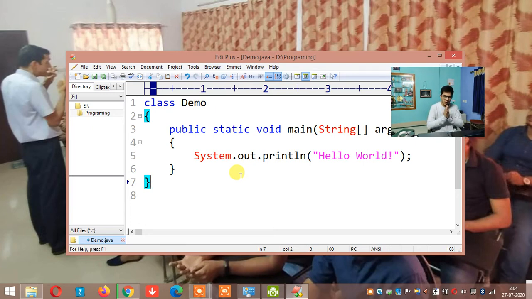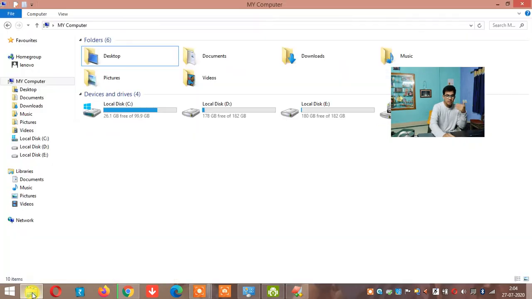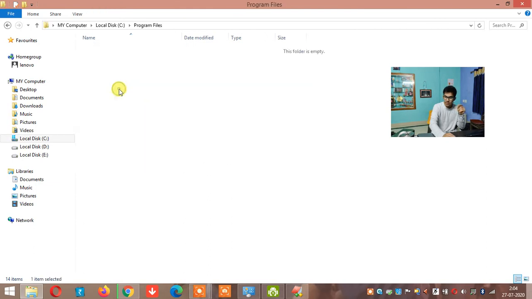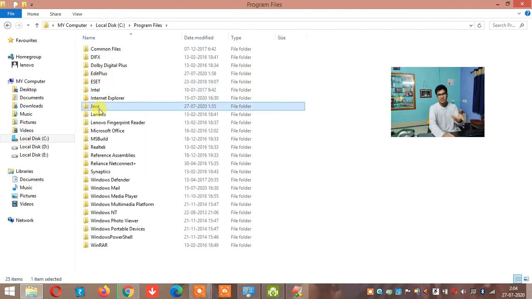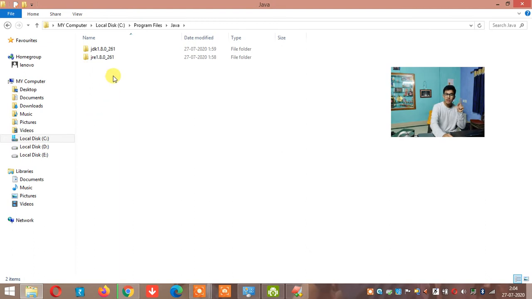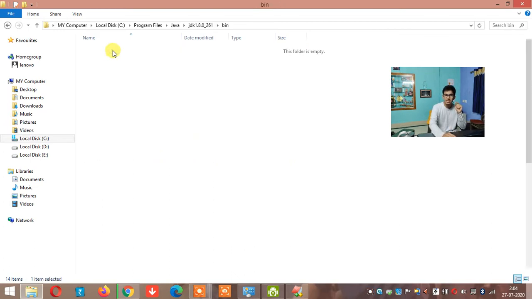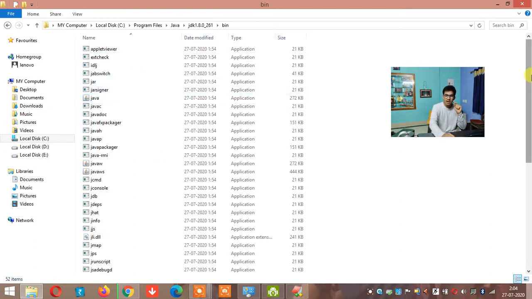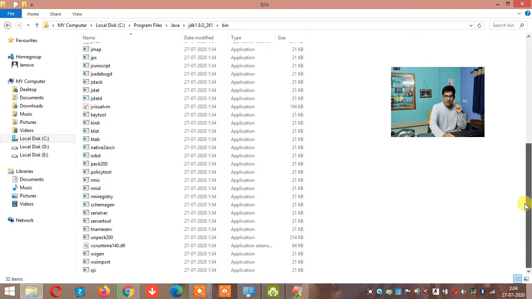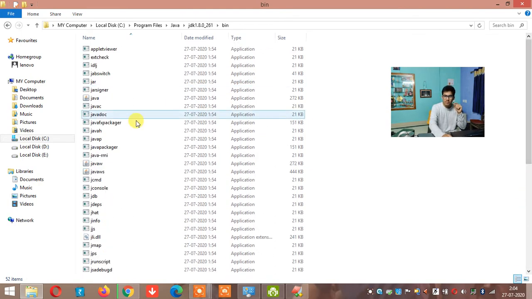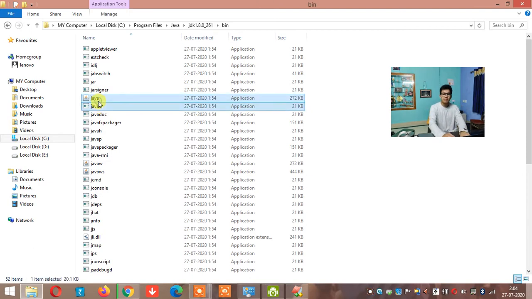Now we have installed JDK, so let me go and show it to you. If I go to C and then Program Files, can you see something called Java there? Yes. Java has come because I have installed JDK, and inside Java there are two folders, JDK and JRE. You have to go inside JDK. Now can you see the bin folder here? Yes, binary files, the bin folder. I will click this bin folder. Now these are the files, these are the applications. Out of these applications, these two are important for us.